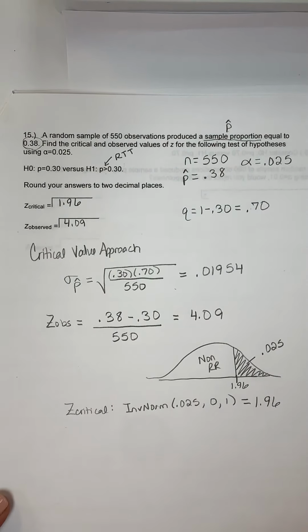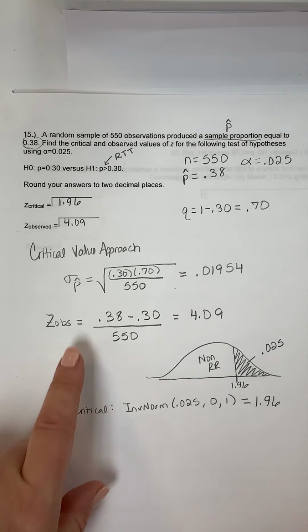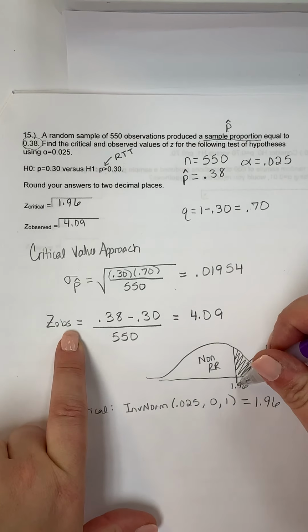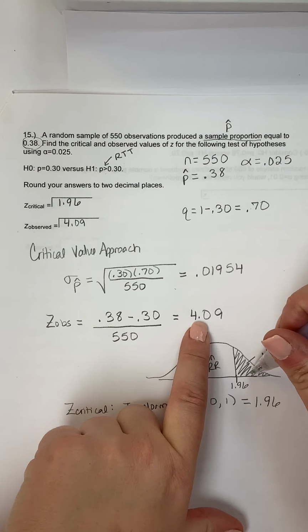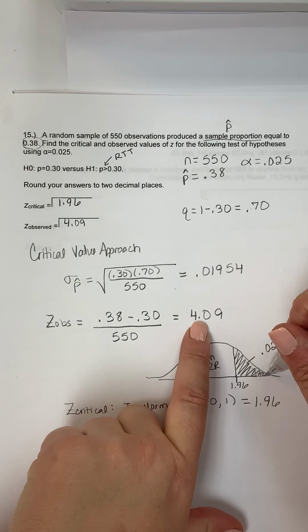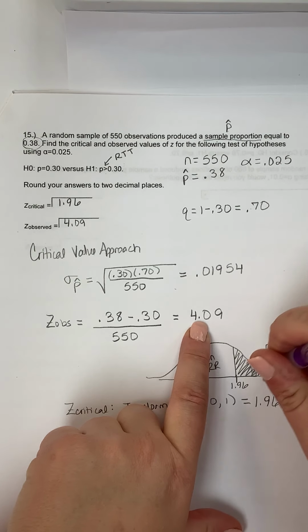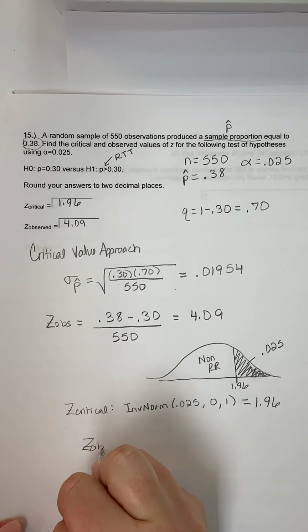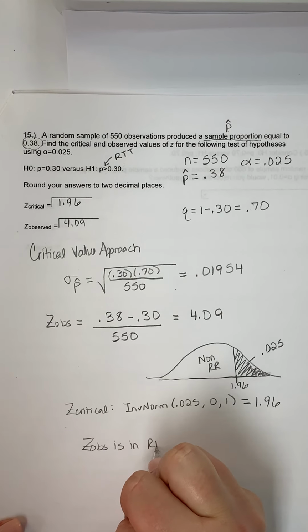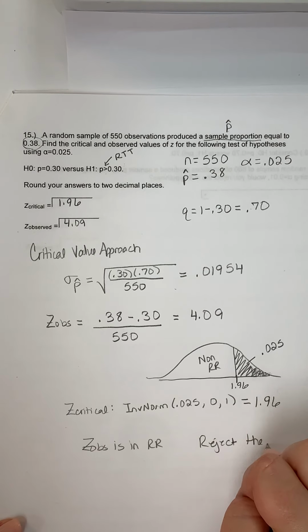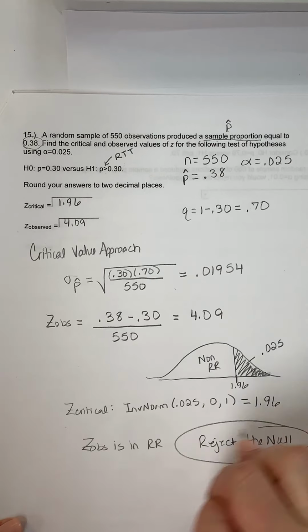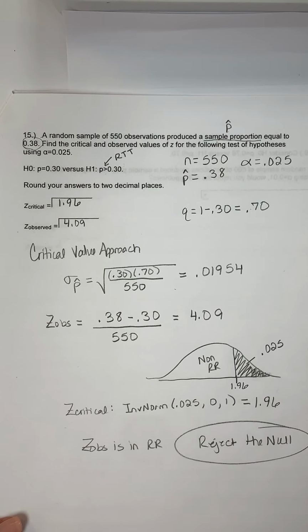Okay. All right, so now let's see, where does that Z observed fall? So if 1.96 is the boundary between the two regions, Z observed is 4.09. It's way down here in the rejection region. So Z observed is in the rejection region. So we are going to reject the null. That's our conclusion. Okay, see, it's not so bad when you don't have to do both approaches. All right,